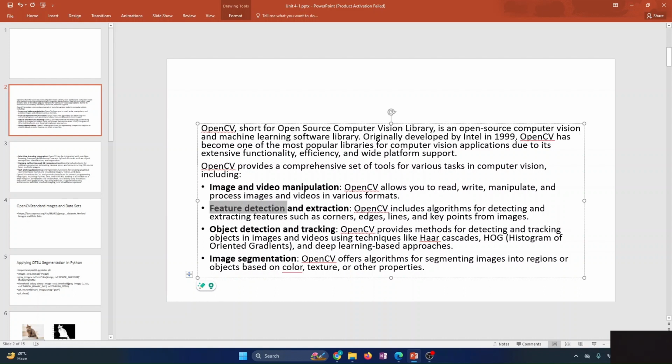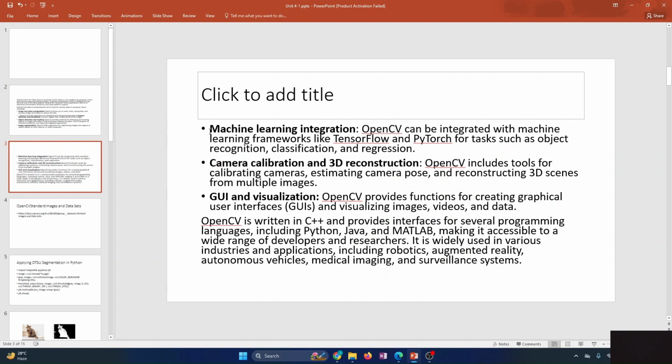You can detect and extract features, do object detection and tracking, and image segmentation, and we have also discussed the image segmentation part of the OpenCV library in this lecture, and machine learning integration, camera